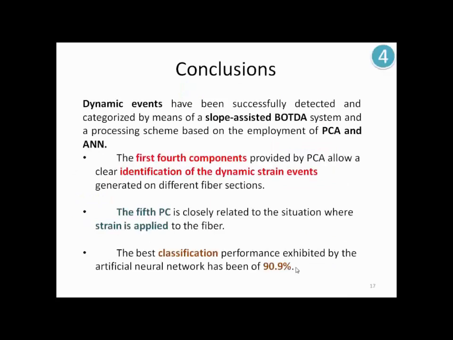So the last is the conclusions. Dynamic events have been successfully detected and categorized by means of slope-assisted BOTDA. And we also use PCA and artificial neural networks to help our classification. The first four components of PCA allow clear identification of the four different zones, and the fifth PCA component is very related with the situation where we apply some strain or not to the fiber. We also get a classification performance of